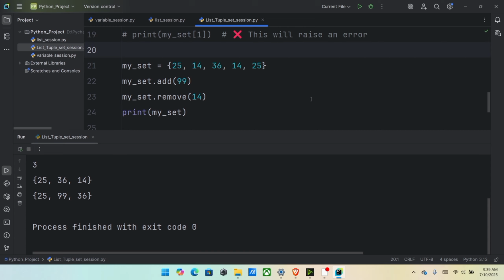See here, previously the set was 25, 14, 36, 14, 25. We added 99, so 99 is here, and we removed 14, so 14 is gone.